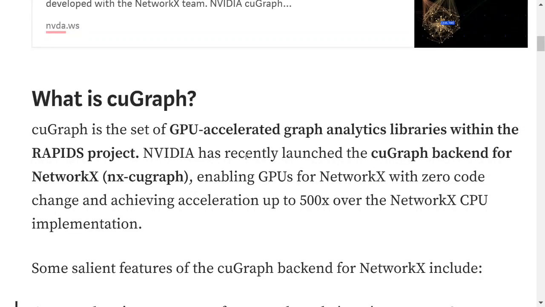So first of all, let's try to understand what is cuGraph, and then we will jump onto some code and a real-time demo so that we can check out how we can have a performance improvement using cuGraph over NetworkX